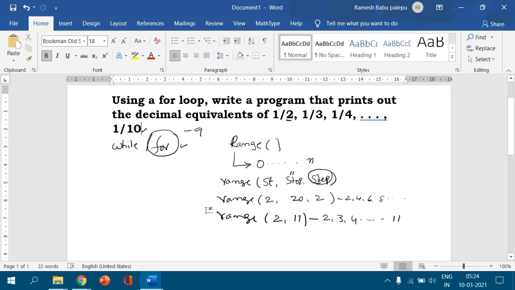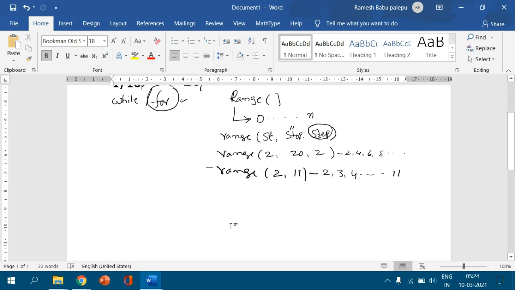In the for loop, I consider a counter variable i, and write for i in range 2 to 11. The i value starts at 2, then i equal to 3, and it keeps increasing, finally going up to 10.